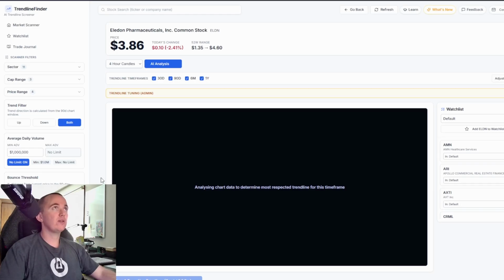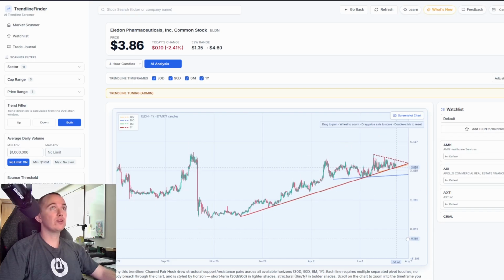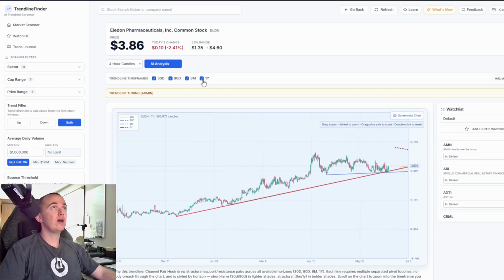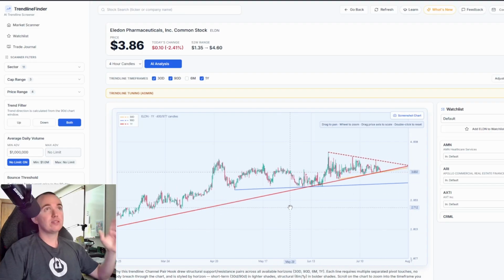So we can look at another one here. Eledon Pharmaceuticals. This is a stock that, since November, has been in a really strong uptrend. We can leave 1 year on. It is trading in consolidation to a point here. It's been stuck between like $3 and $4 a share, but it is still respecting